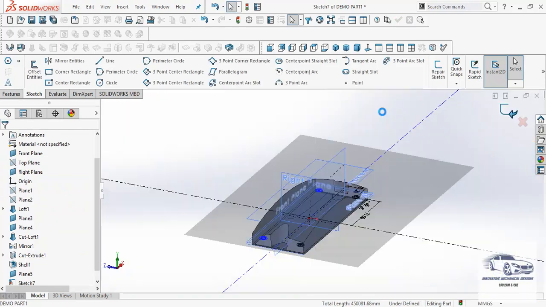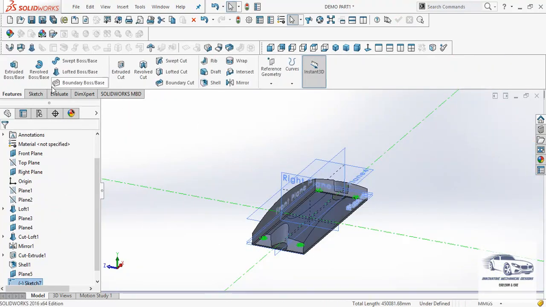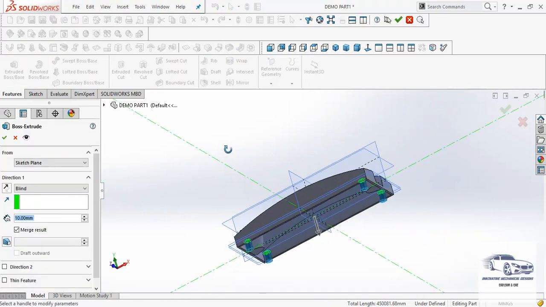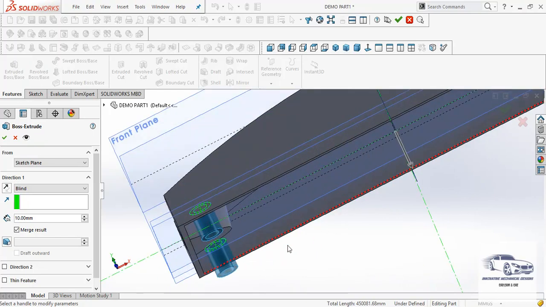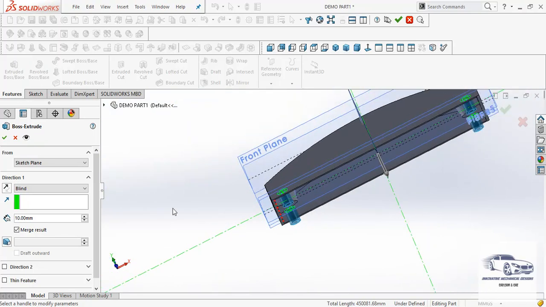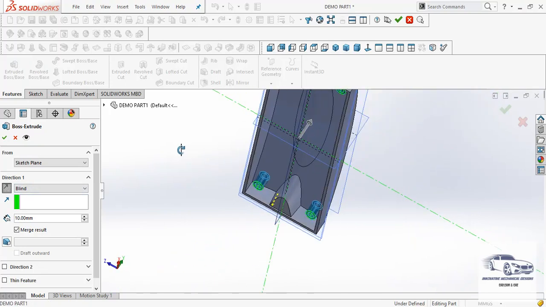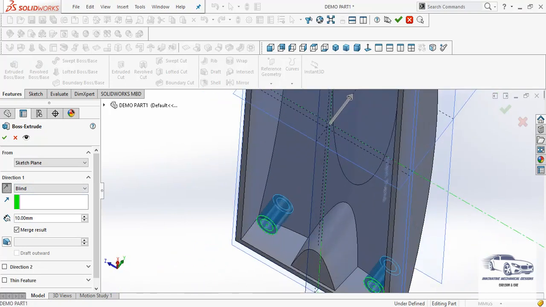Now the depth of these particular cylinders is 12 mm. So this is 12 mm, and then OK.